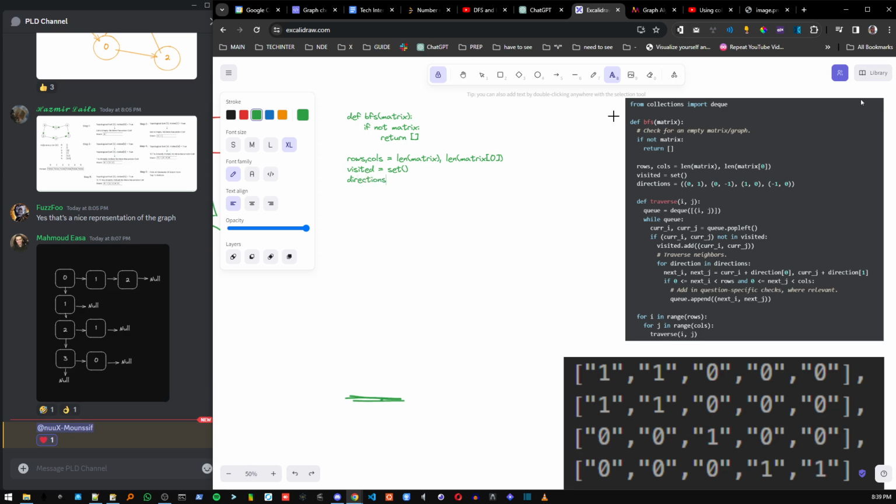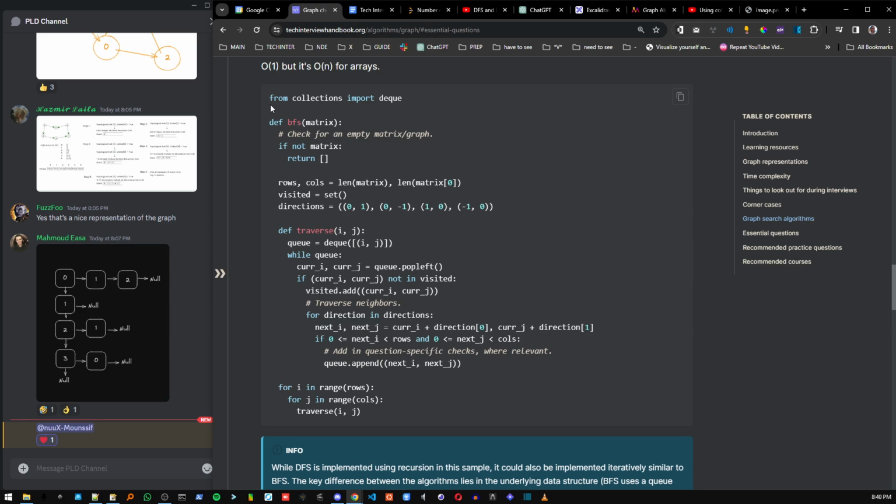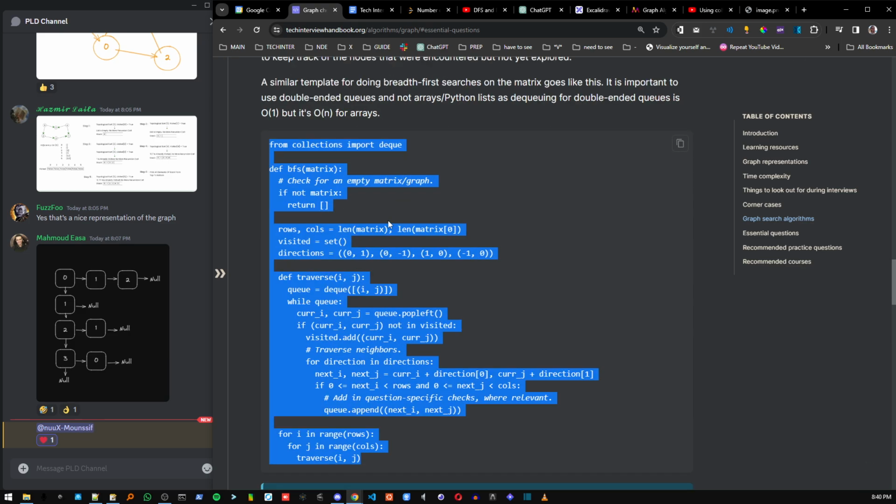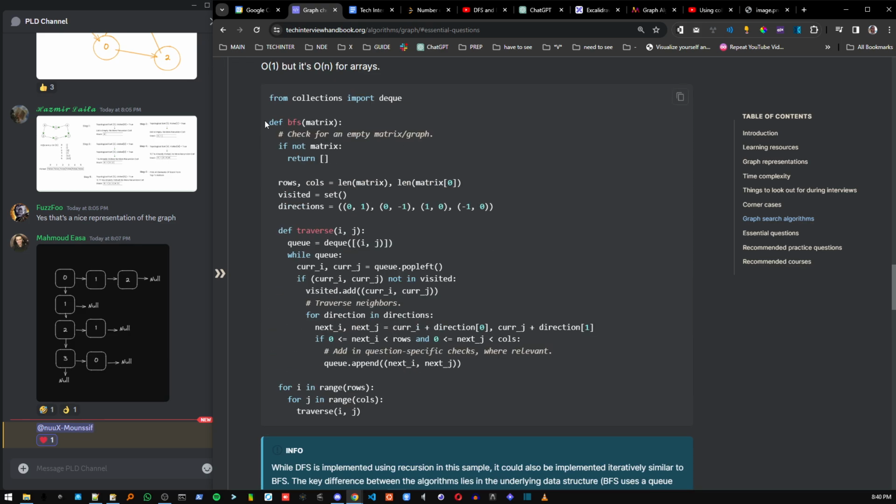Directions equal 0 1, 0 minus 1, 1 0, minus 1 0. Right now the def traverse. Directions represent what? Wait, what am I doing? I can copy the code. Oh my god. The directions represent